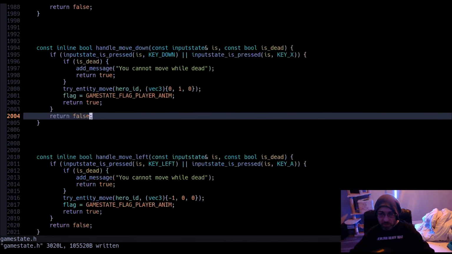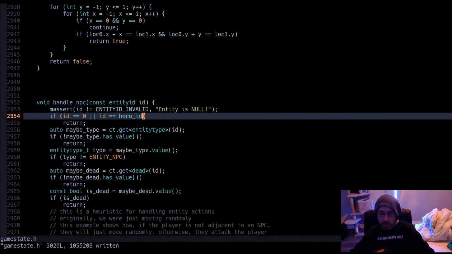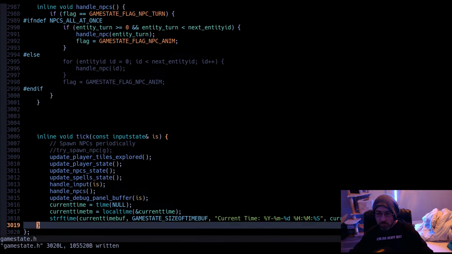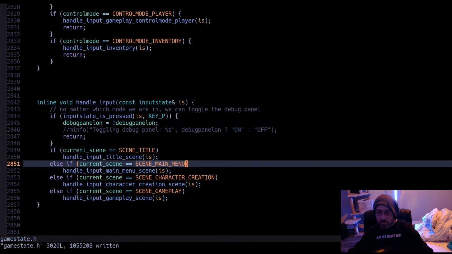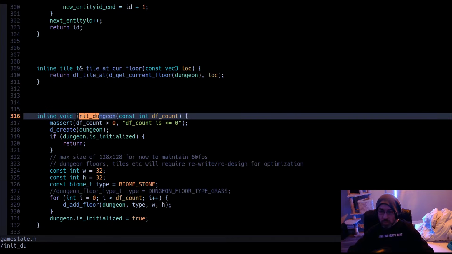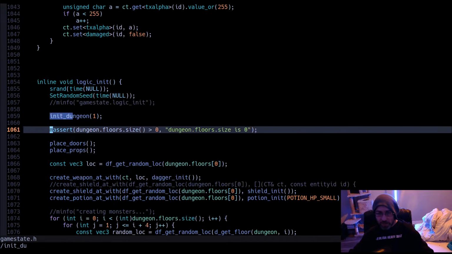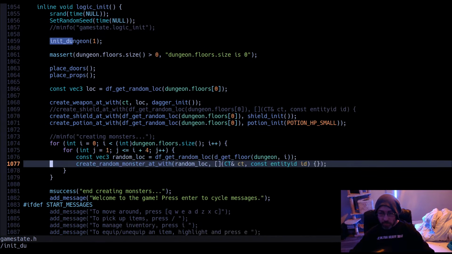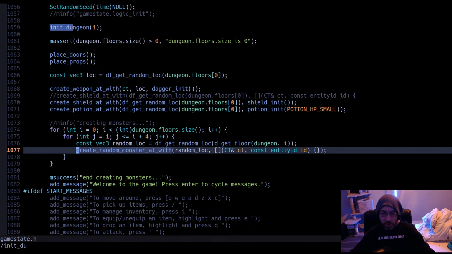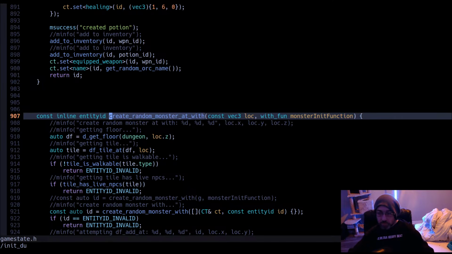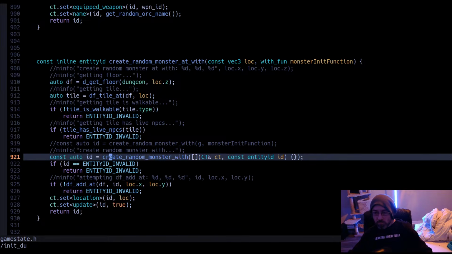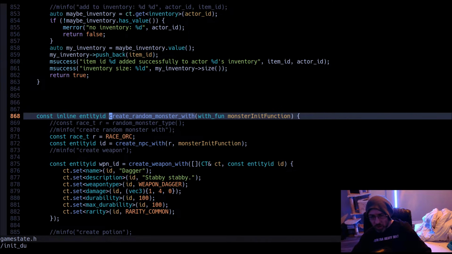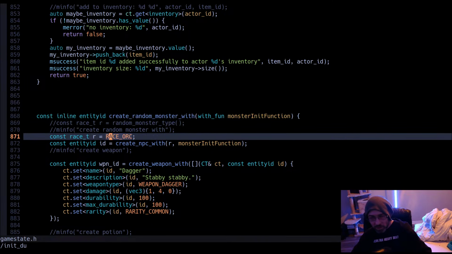Well, what else? So back in init dungeon, after logic and during logic init, we create our random monsters. We're hard coding in the monster up here.